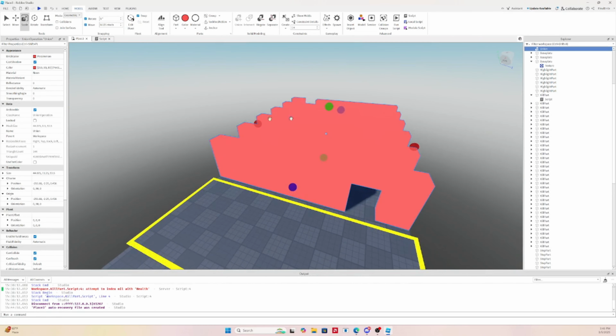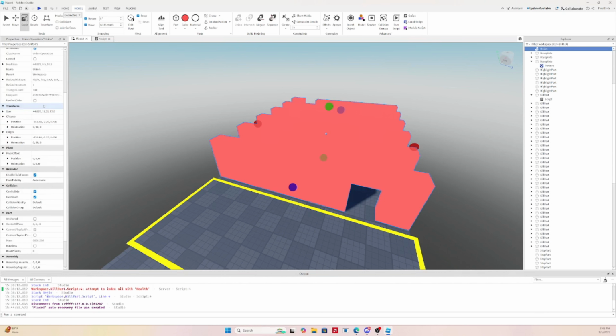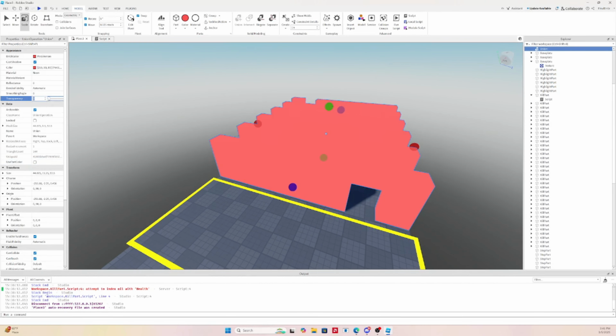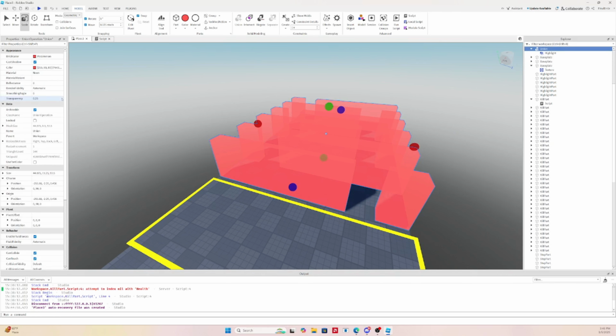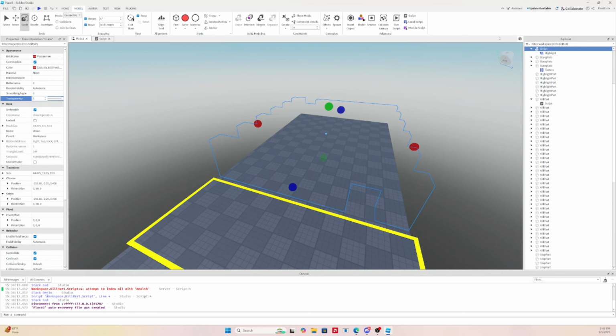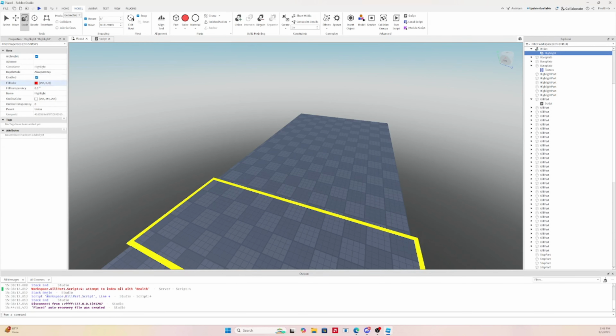And then we're going to take all of these and make them transparent. Now that they're a union, we can edit all of them at the exact same time, and we're going to add a highlight. Highlights, if you're wondering what they are, are like an outside highlight, kind of. It's literally just a highlight. So we're going to make them all transparent, then go into the highlight, turn on enabled, fill transparency, name highlight, always on top. Always on top, enabled, fill transparency 0,